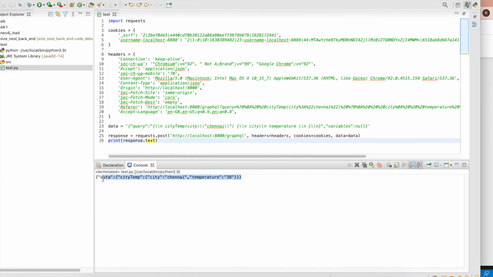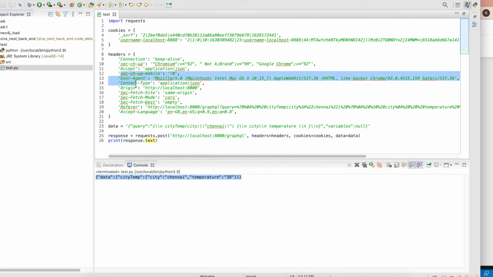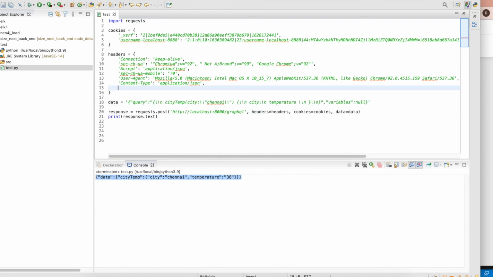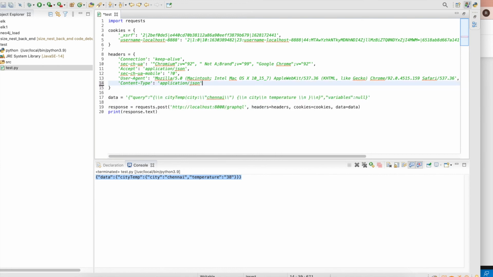See, I got this, and the most important thing is that I don't think these things are required. I think content type is required, so maybe just forget this part. Let's see. And I don't think these things are required as well.